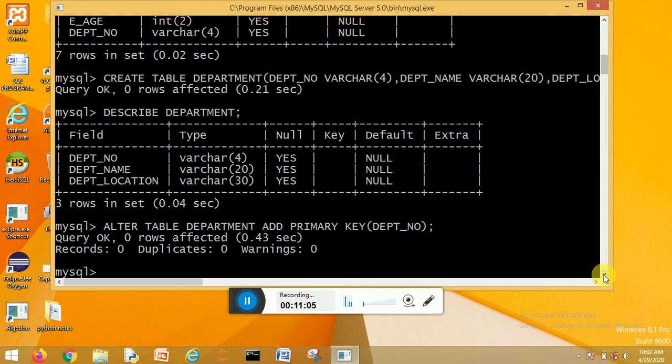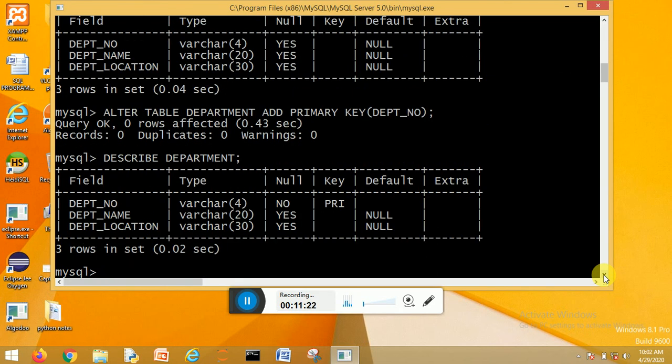Dear students, you can see over here that dept number has been assigned a primary key, and definitely this key will assign a value 0. Now describe department. You can see that this dept number has been assigned a primary key.